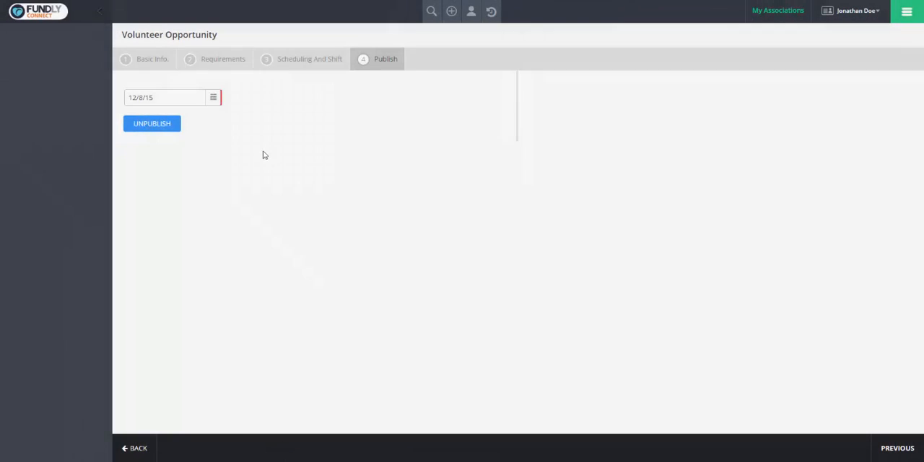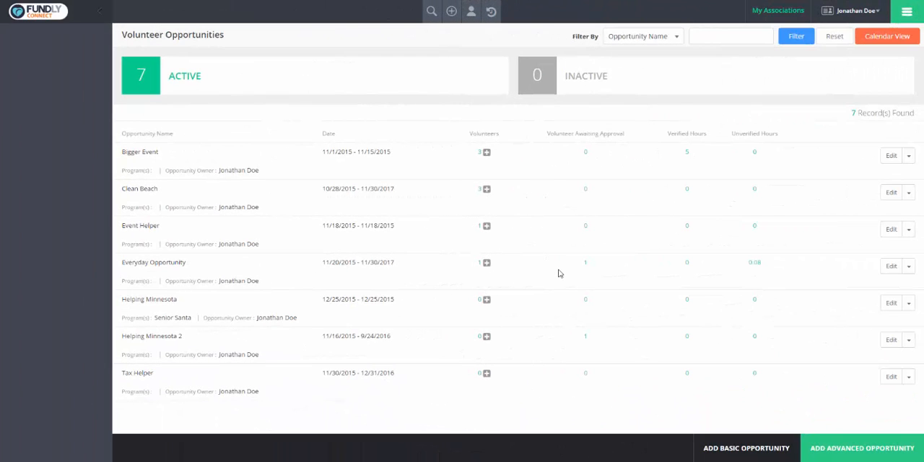If you need to unpublish an opportunity, go ahead and click on Unpublish. Now that we have a number of opportunities created, we need to start adding volunteers to them and scheduling them. If a volunteer applies for an opportunity online, we will not need to manually add them. However, if you want to, you can manually add a volunteer who perhaps has come in person or sent in